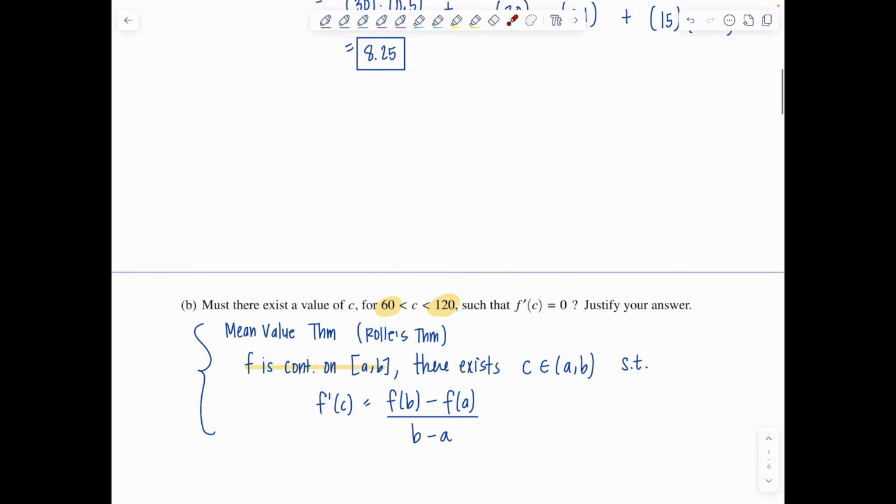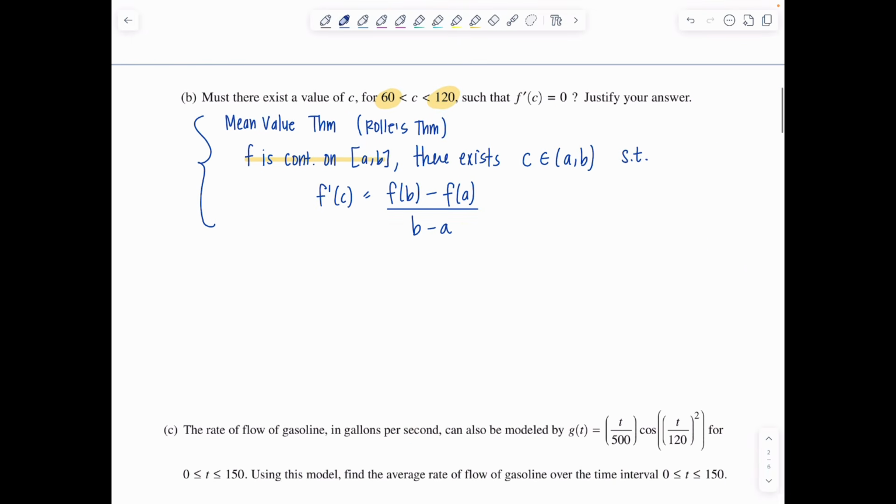So since they told me that piece of information, let's just reiterate it. So we know f is differentiable, and that's a stronger condition. So that implies f is continuous. Okay. Continuous where? Let's be specific. It's going to be continuous on the interval from 60 to 120. That needs to be a closed interval. So we can apply the mean value theorem,